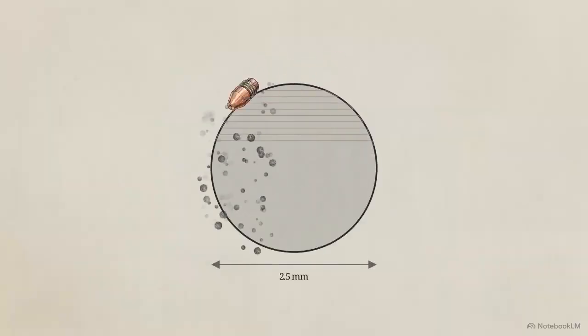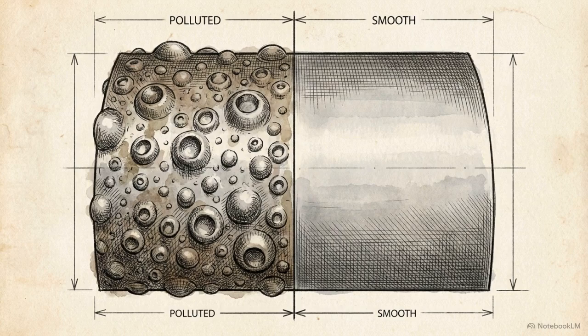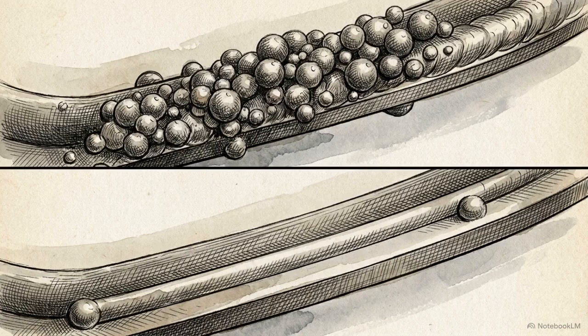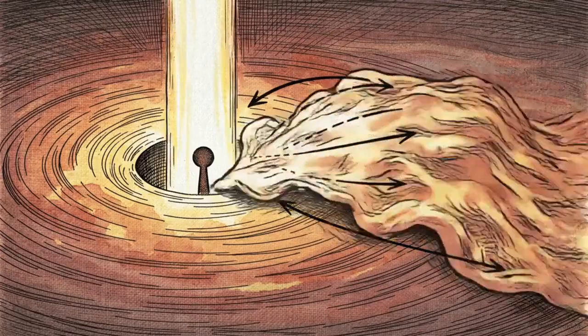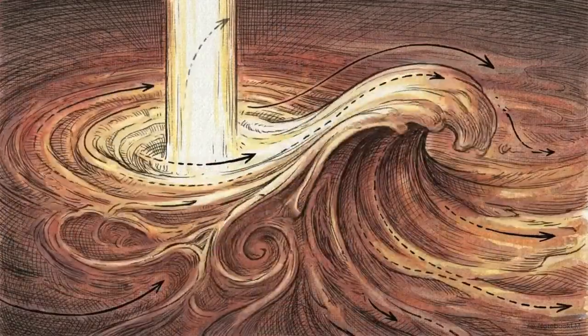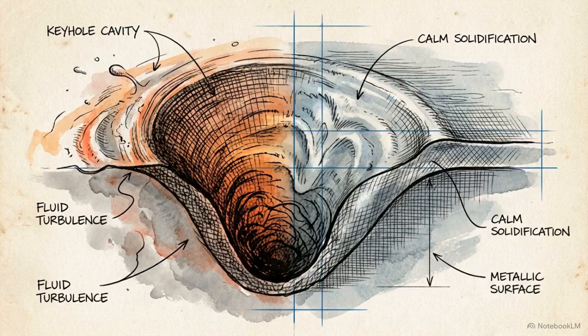The spatial distribution of the defect field is entirely asymmetrical. The left boundary of the weld zone is heavily polluted with solidified spatter, while the right side remains relatively clear. A second anomaly appears on the vertical axis. The top edge of the circular boundary exhibits a much higher density of ejected material than the bottom edge. These localized clusters identify spatter as a deterministic outcome of fluid dynamics. By isolating the directional mechanics of the laser beam, we can reverse engineer these spatial anomalies and systemically eliminate the defects. Resolving the horizontal divide between the left and right boundaries requires mapping the exact physical forces operating inside the